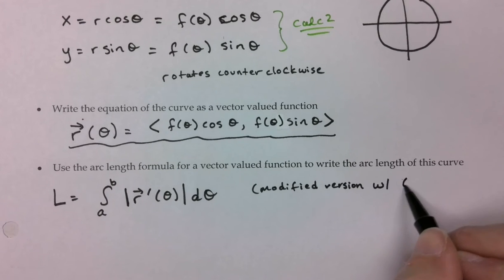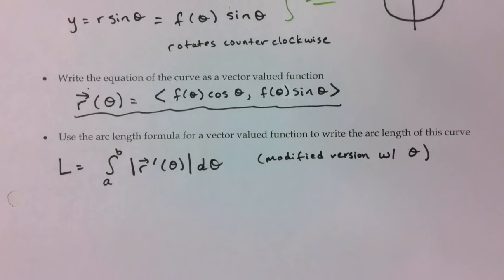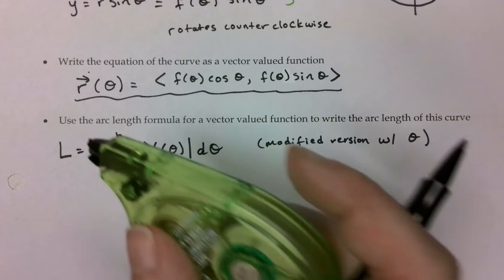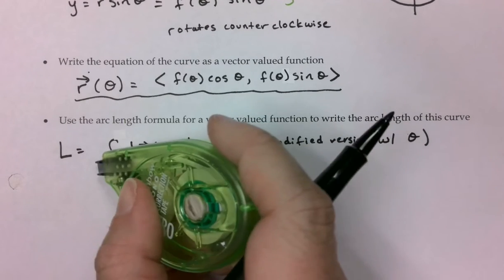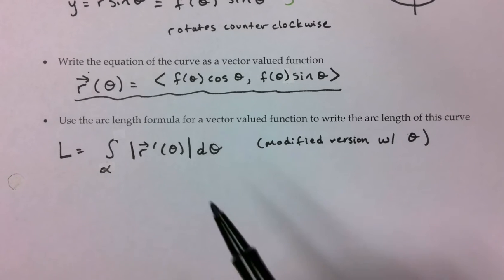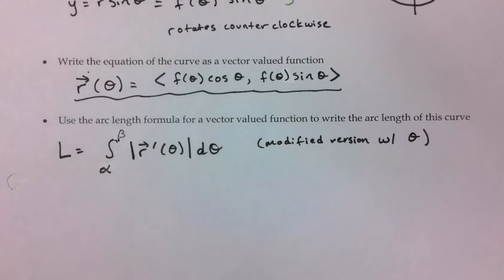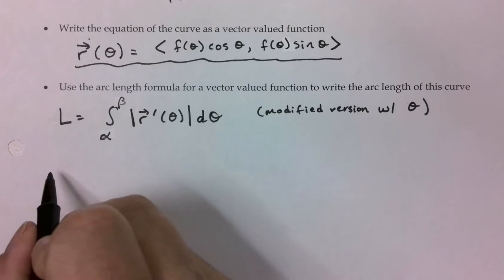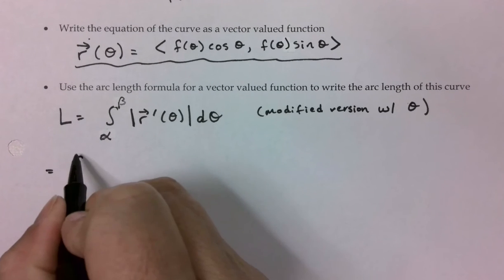And actually because theta is an angle, we tend to use Greek letters for angles. So instead of a and b, we use alpha, which is the Greek letter a, and beta, which is the Greek letter b. That just tends to be how we make this work. Okay, so then that would be equal to the integral from alpha to beta,